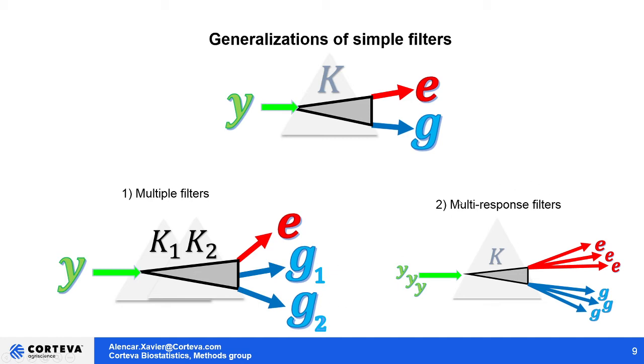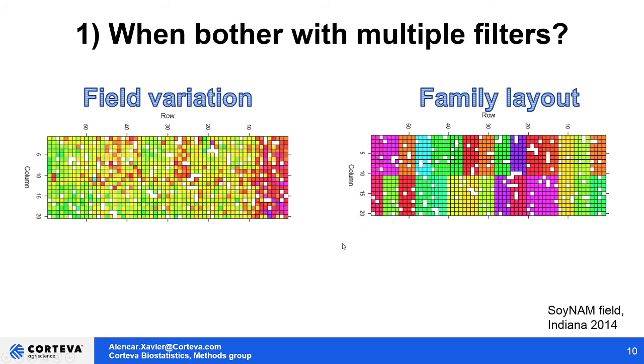And another type of filter is the multi-response filter, where multiple inputs get into the filter and you get a single corresponding signal and noise for each of those inputs. But why should we care about multiple filters and multi-response filters? So one example of multiple filters in plant breeding is when we are trying to separate or untangle field variation